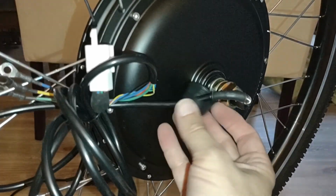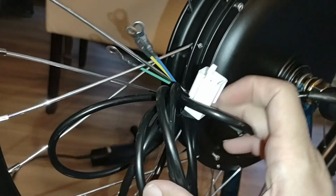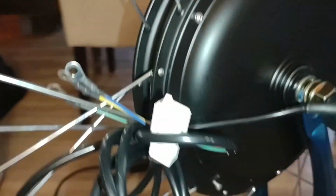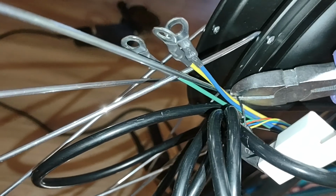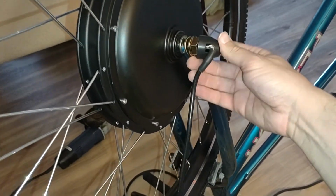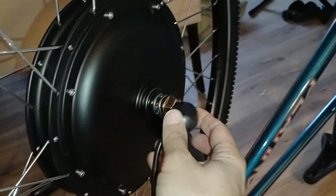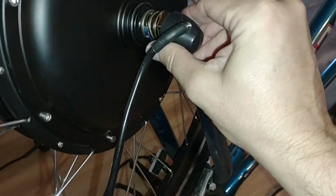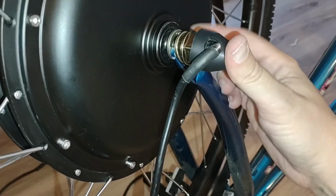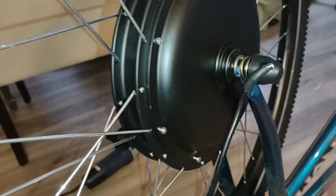Okay. I might see this. The rest of this electronics is zip tied to the tire here, so I might get this loose. Do not cut the wires. Okay, there we go. So I think we are all free here. I'm not sure why. Oh, I guess that is supposed to. This wire is supposed to come out that side like that. It's got a preferred side. Looks like. Okay, so anyway,